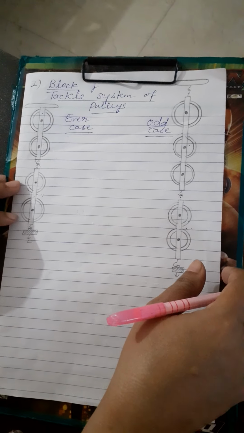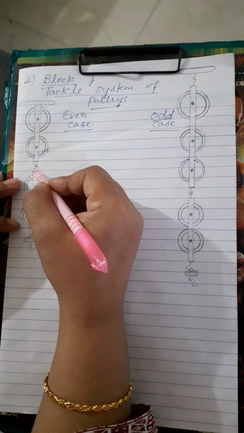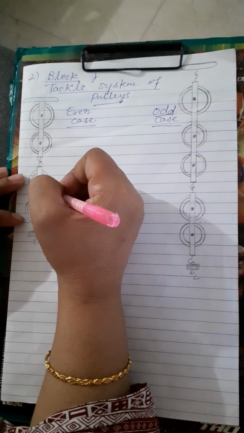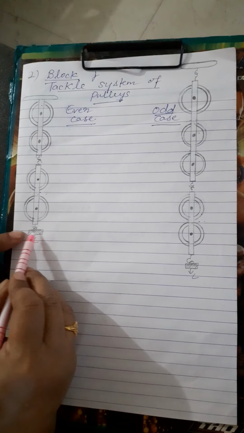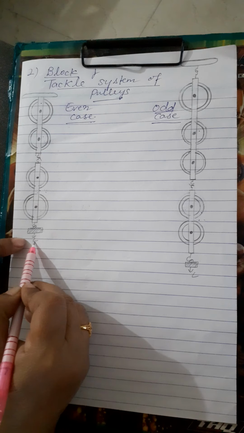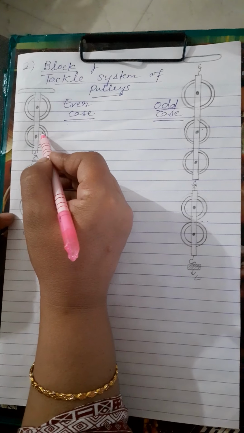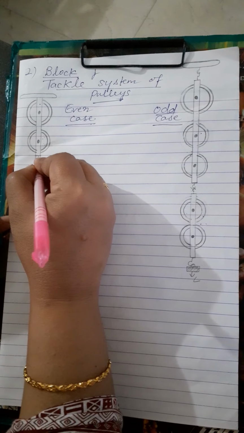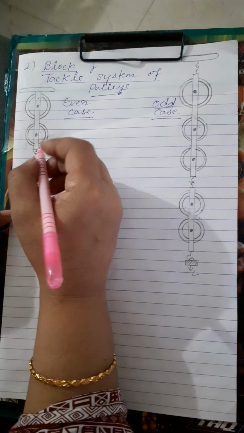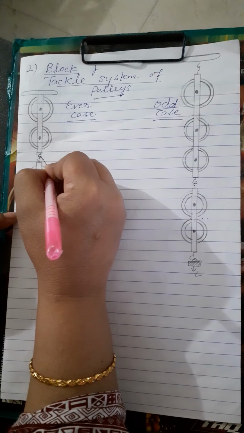Firstly beta, we should know how to complete the diagrams. Pulleys we have shown, we have to show the tackling. Always remember, for even case, when there are equal number of pulleys in both the blocks, first of all, remember the weight, always the load from the center you have to mark it in the downward direction. After that we have to show the tackling. For the even case, tackling should start from the upper hook. Here 2 hooks are visible to you. From the upper hook we have to start. Then beta please look carefully. Now after this you have to come to this pulley.